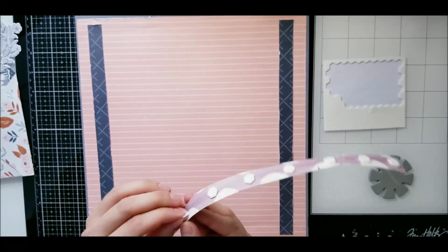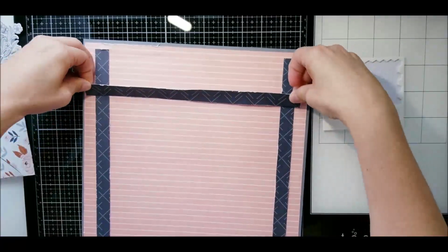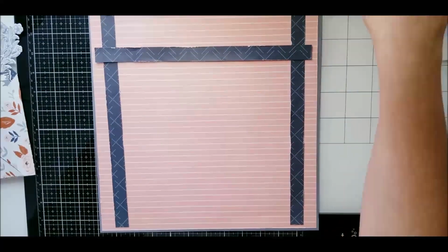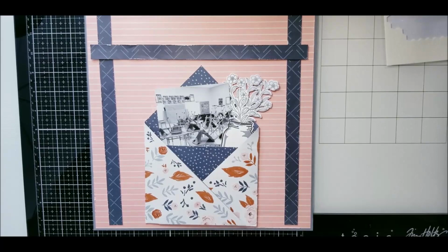So I am following the sketch. This is from the Hip Kit, so they put these little lines in there, and that's what I decided to do. And then I placed the album down, or the envelope down on the bottom. Now, off camera, I will tell you this. I did